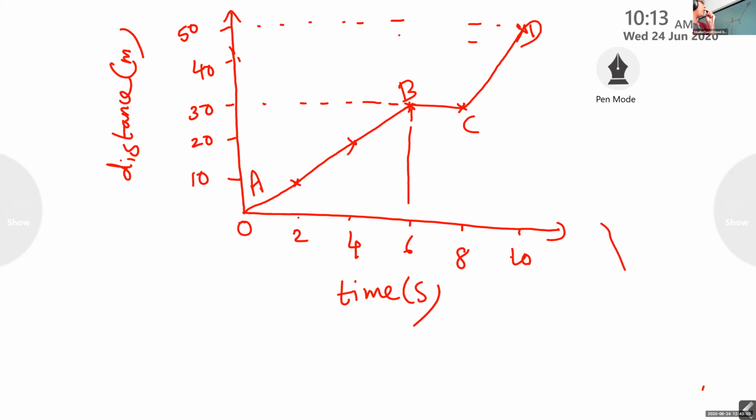Velocity or speed. What is the definition I gave you at the beginning of the chapter? Anyone else? I'll go to the next. Eva. No, my question is, what is the definition of velocity? What do you mean by velocity or speed of an object?